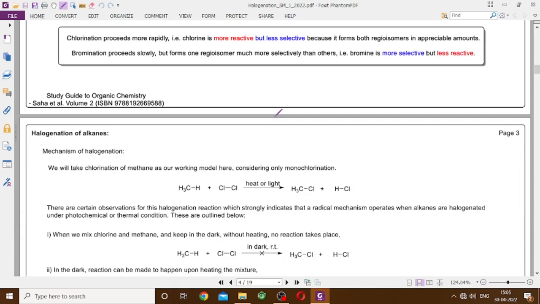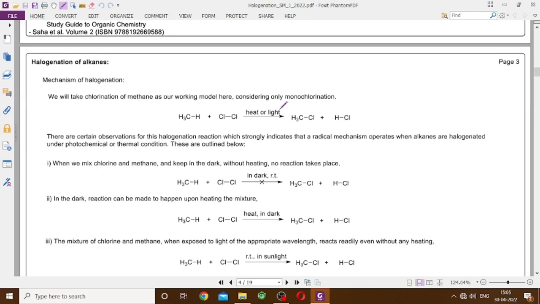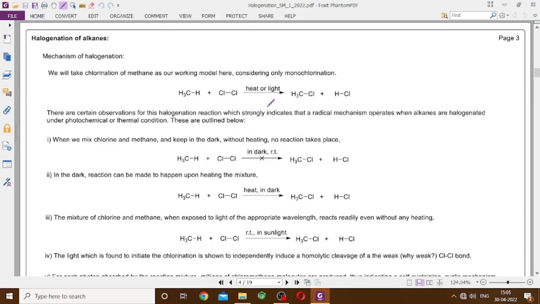But let us take one step at a time and investigate the chlorination of methane. That is the simplest hydrocarbon that you can think of. And then we go on treating this with chlorine, say in presence of heat or light, we should get CH3Cl and HCl. The reaction will probably not stop here, but if you want to synthesize the CH3Cl almost exclusively, then you must